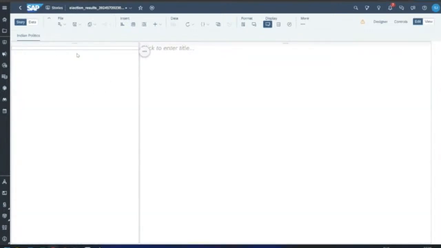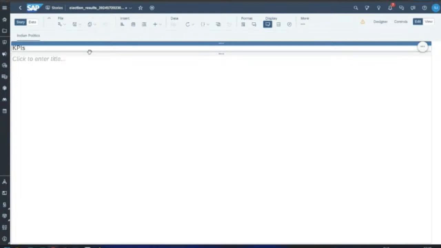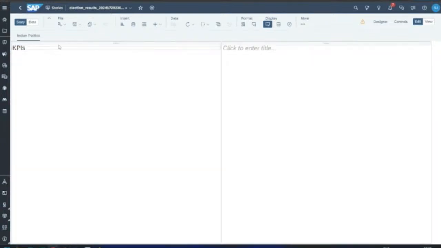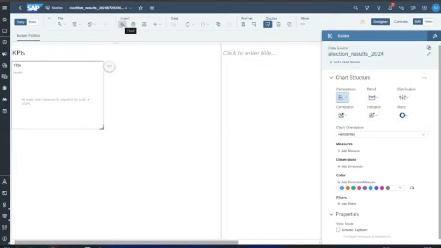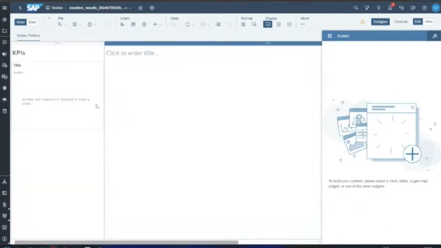On the left hand side, I will add some of the KPIs. I want to know the total number of constituencies where elections were held. So now I click the button to add a chart. Let's click this lane. There are these different lanes, so I click this lane because I want to add a chart in this lane. Here you have a chart control. Just click on that. Even a school baby can implement Analytics Cloud in their company because it is super easy. It's just drag and drop. There is almost no coding knowledge required to build analytics.